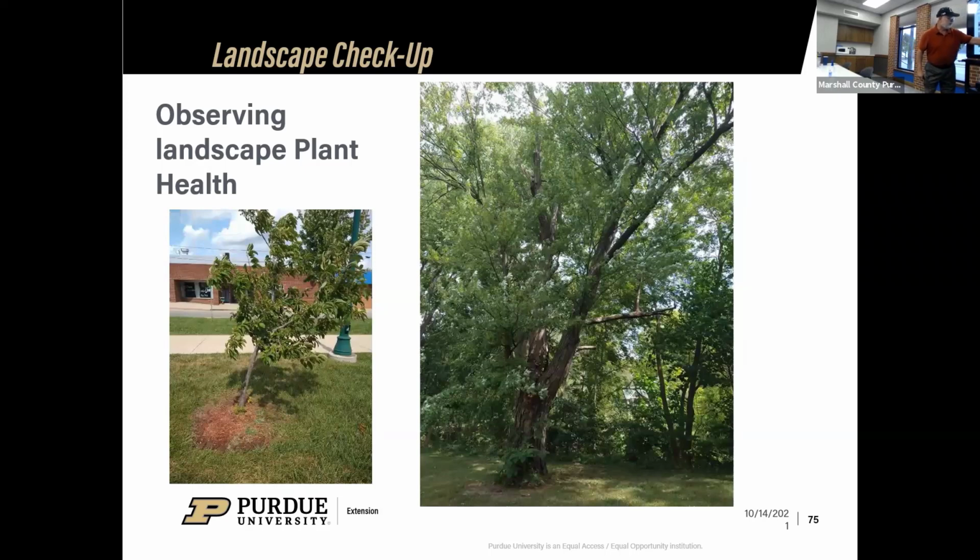Then we have damage at the base of this tree. My rule of thumb is you have to have two-thirds good trunk at the base to even consider keeping a tree. And that one's borderline, it needs to go. So we have that issue, we have this issue. When you're looking at evaluating your trees in your landscape, just take note of these things and see how healthy your trees are, because